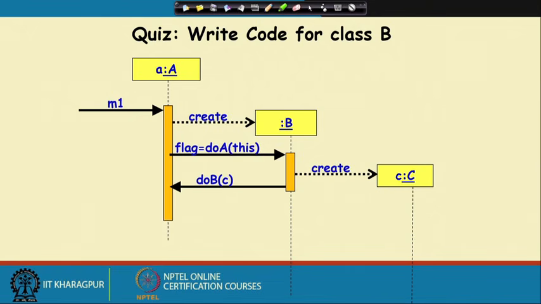Now, let us do it through a small exercise, and that is simple enough. Given a diagram, we would be able to develop the code, because it is very simple. Let us see that. Let us see that we have this sequence diagram. There are three objects which participate in this sequence diagram. Method M1 is first invoked on the object A, the class capital A,